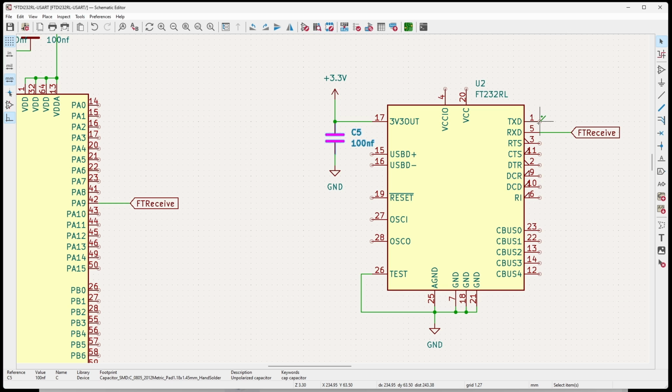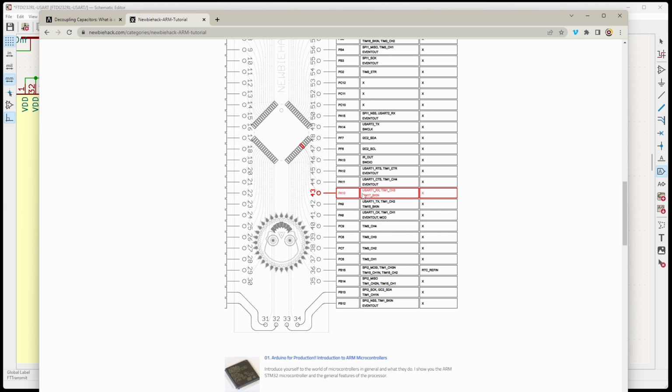Let's go back to the schematic. So adding these labels is a really convenient way to keep everything organized so you don't have nets or wiring all over the schematic, running all over each other. So let's go ahead and connect the transmit of the FTDI chip to the receive. I'm going to go ahead and wire this and then add a label, FT transmit. All right, so now I want to put that on, where was that? Let's see. So we're going to put that onto the receive pin on the microcontroller,